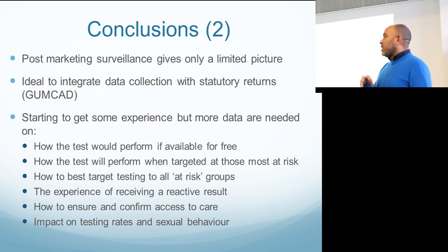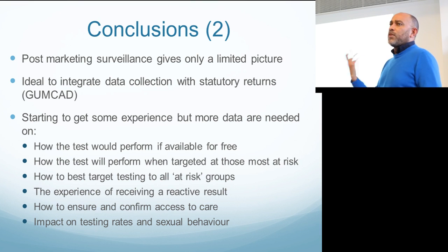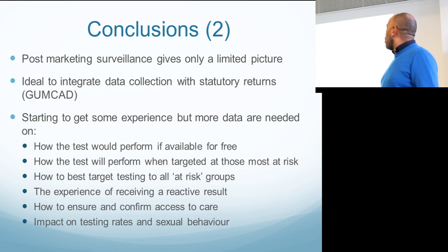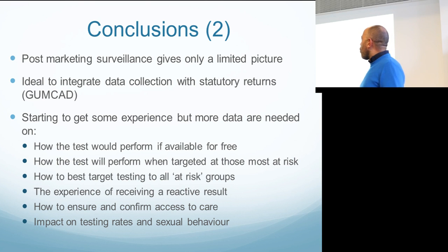Now, we kind of designed the THC Bioshore pilot to start to answer some of these questions, but I think we've still got some more experiential stuff to get. We're going to be doing this at scale, nationally, in terms of answering some of those questions. How will we perform if it's free? How best can we target those who are most at risk? What is the real experience of getting a reactive result? How can we robustly ensure that people access care? And what are the impacts on broader testing rates and